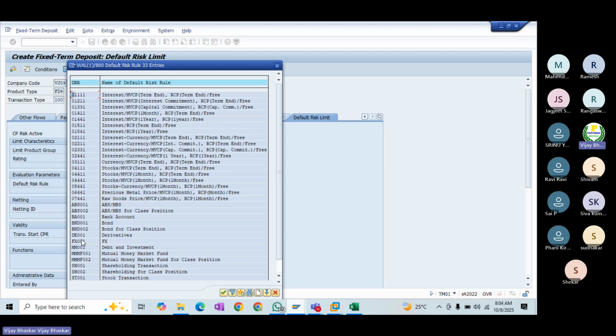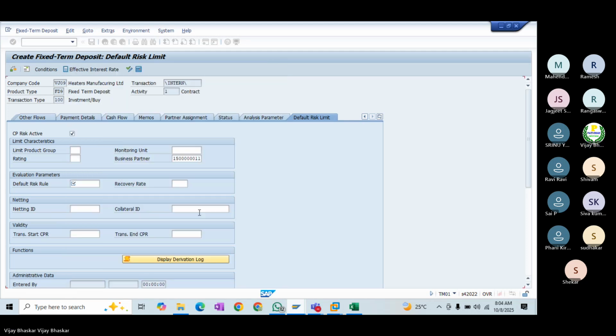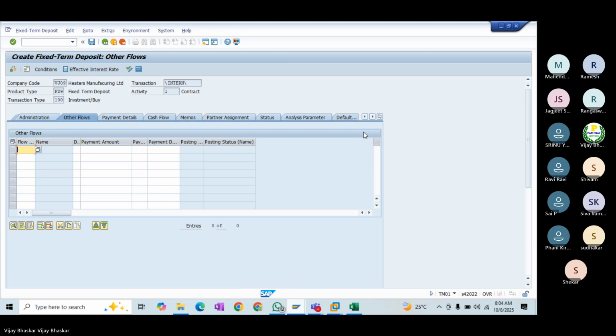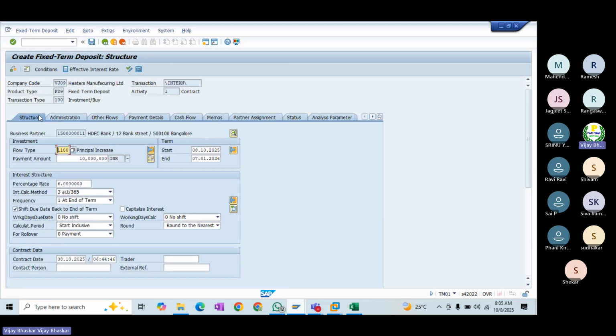Money market fund, money market. Interest. Okay, let me select this one. Limit management, I did not do the configuration. As I mentioned, going forward I will show you, but as of now, first let's understand the basic things.